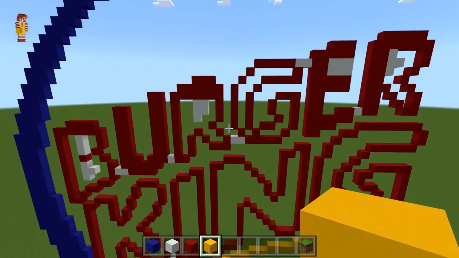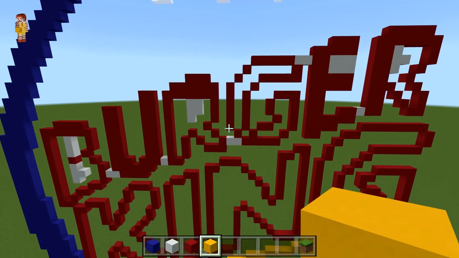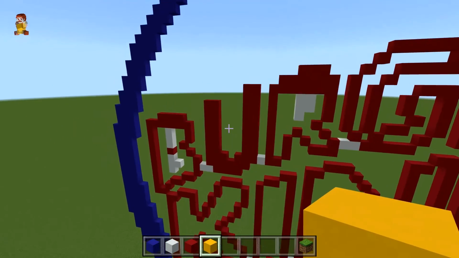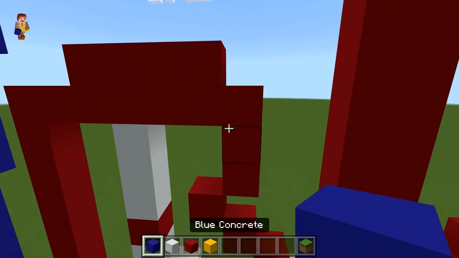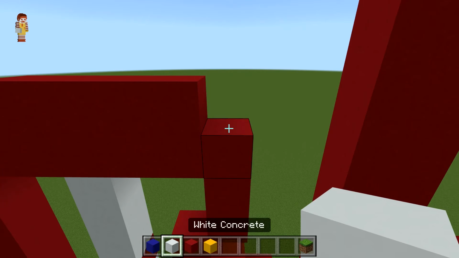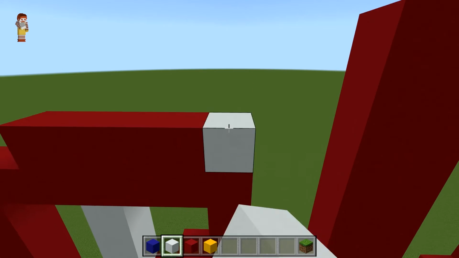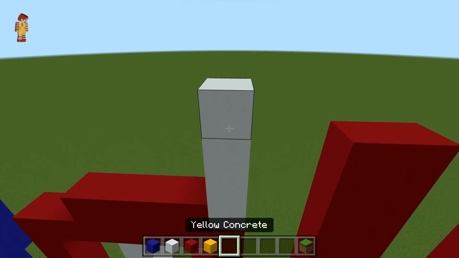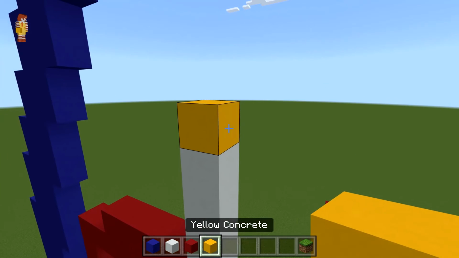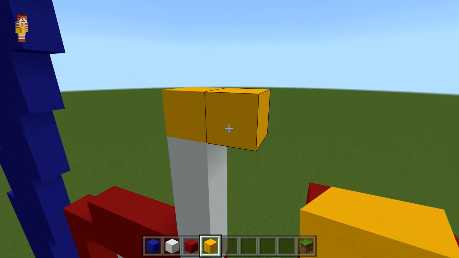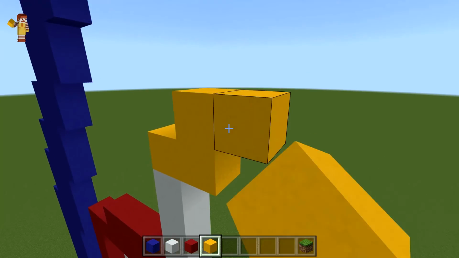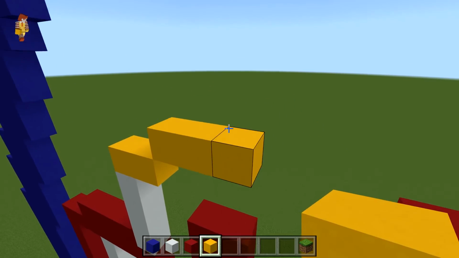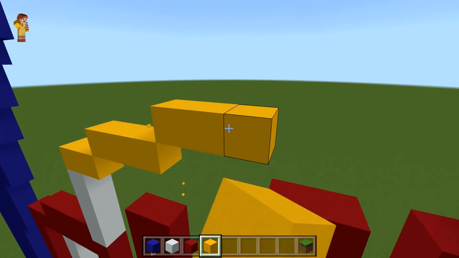And then we're going to come back up to the top here. From this part of the B, you're gonna use white concrete. You can go up by 4. 1, 2, 3, 4, and then 1 yellow. From that yellow, you're gonna go right by 1, do an upright diagonal, right by 2, 1, 2, an upright diagonal, right by 2,